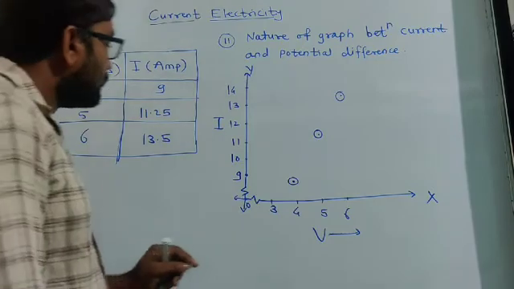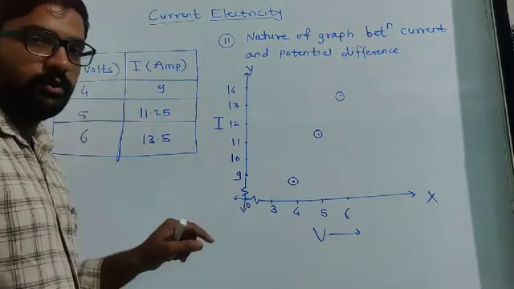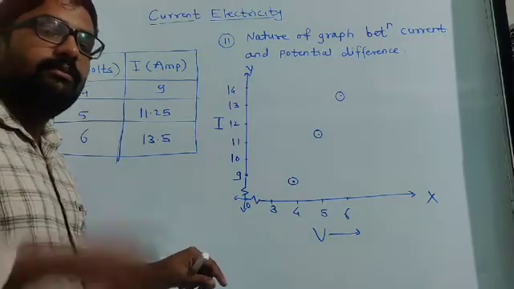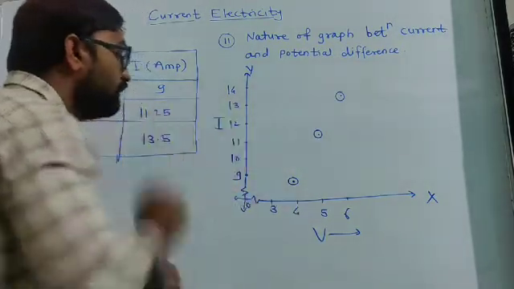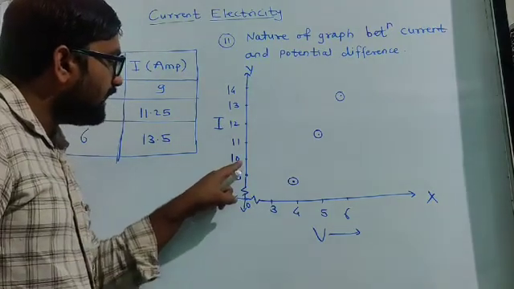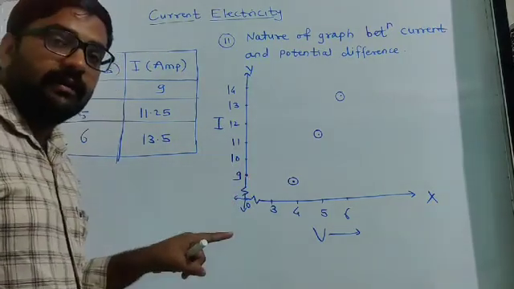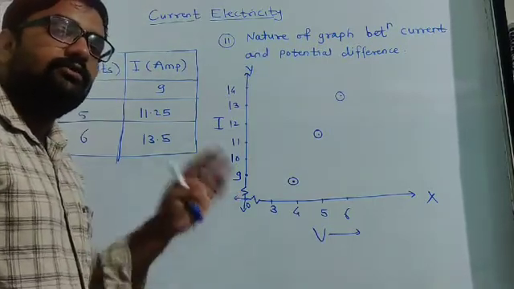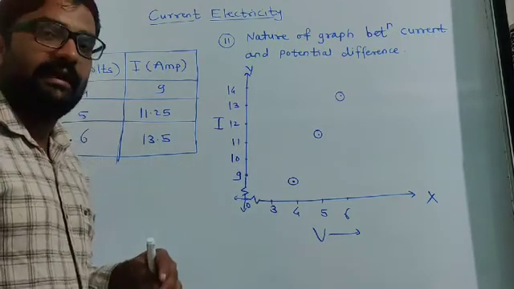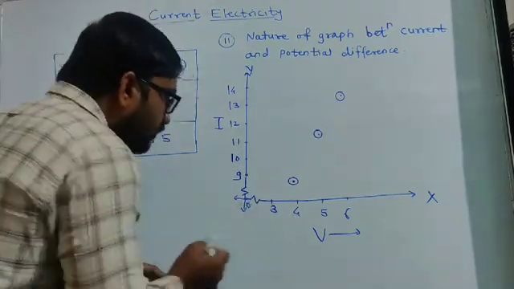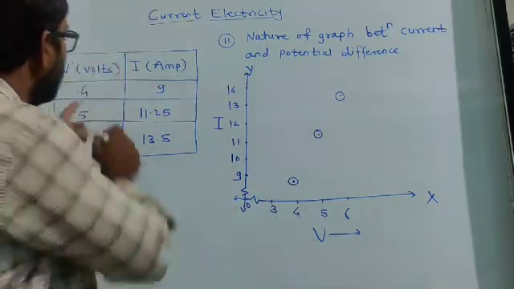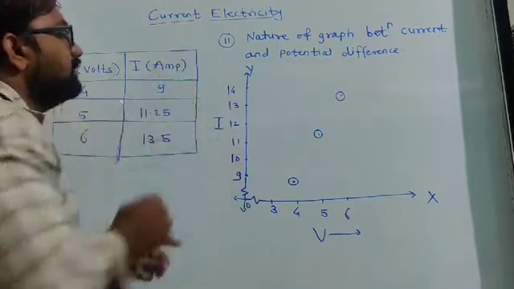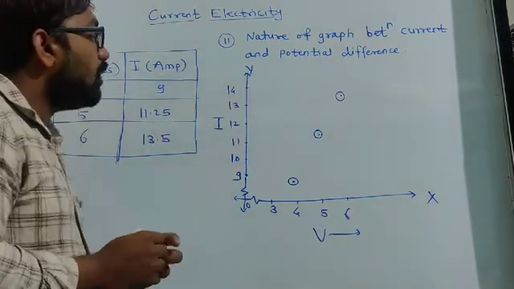Here we break the graph and directly start from 3, 4, 5, 6. Means we break the graph and join here from 3. Here also we break the graph and directly start from 9. We can break the graph when we don't want the values of 0, 1, 2, 3, 4 and like that. So this starts from 0, and now this is 3, 4, 5, 6. These are the values of voltage, and 9, 10, 11, 12, 13, 14 are the values of current.